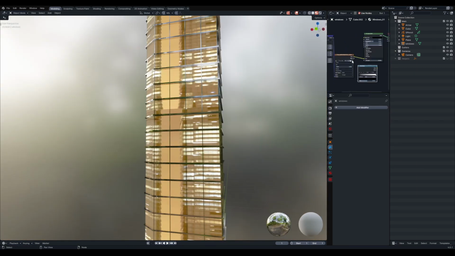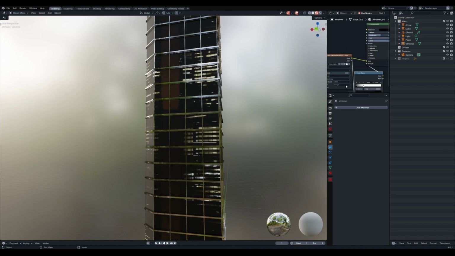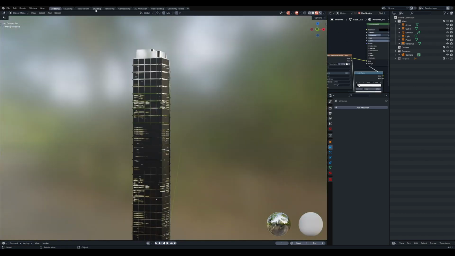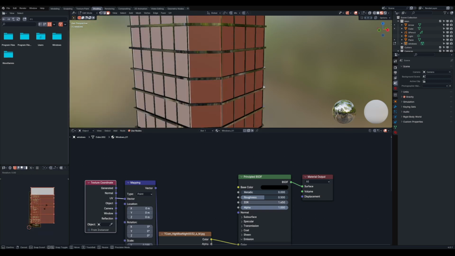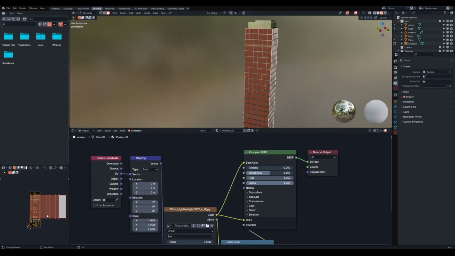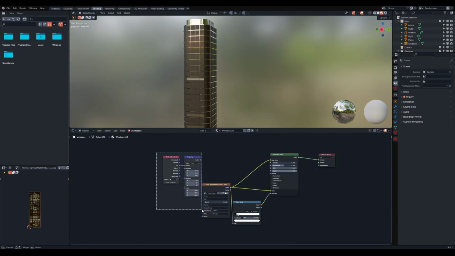This texture is from textures.com. It's one of those buildings at night or something like that it's called. Yeah, so I